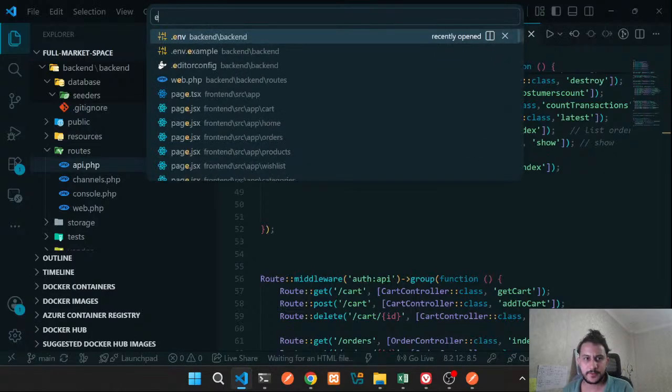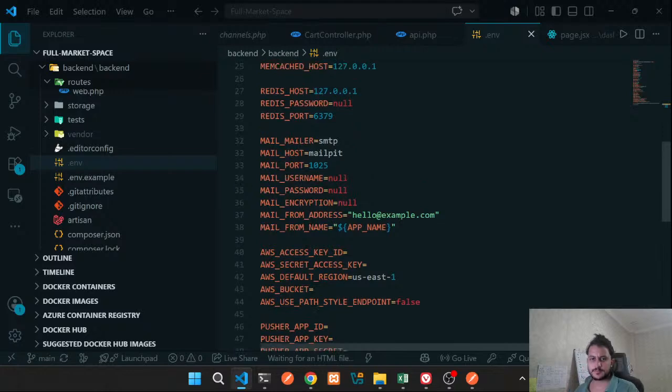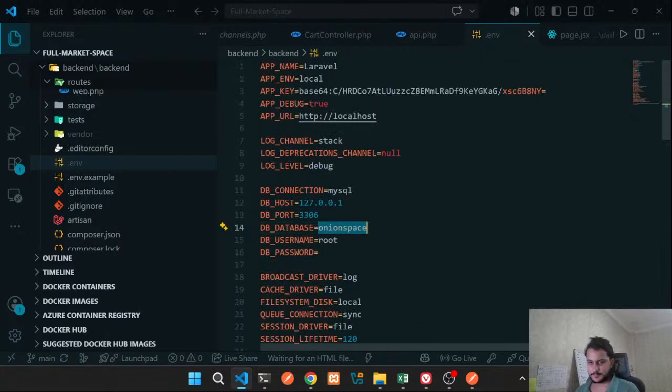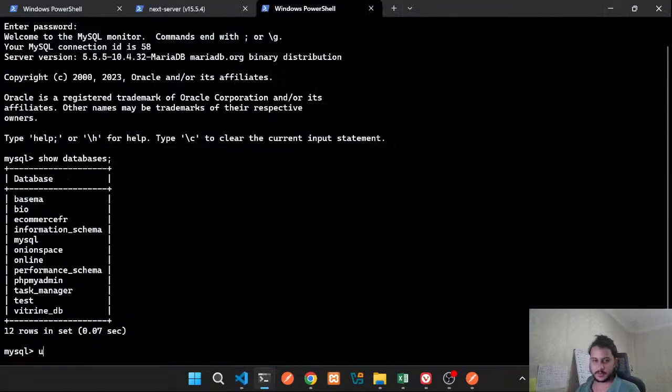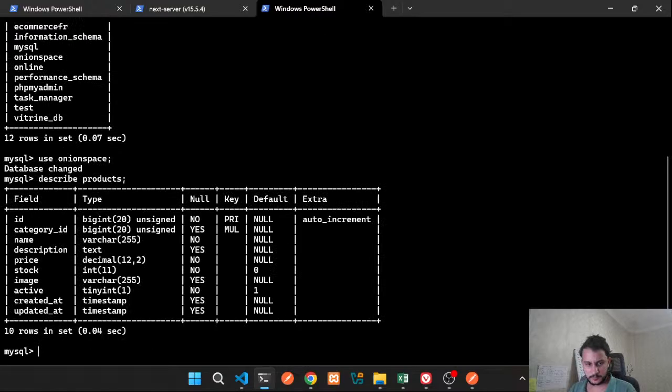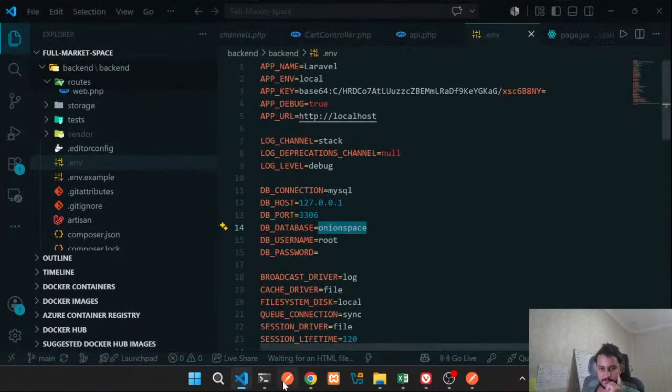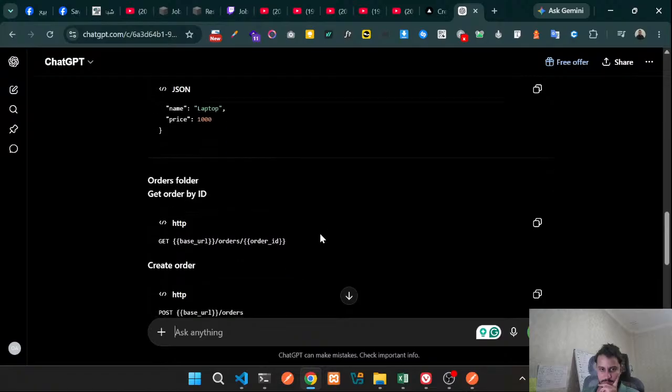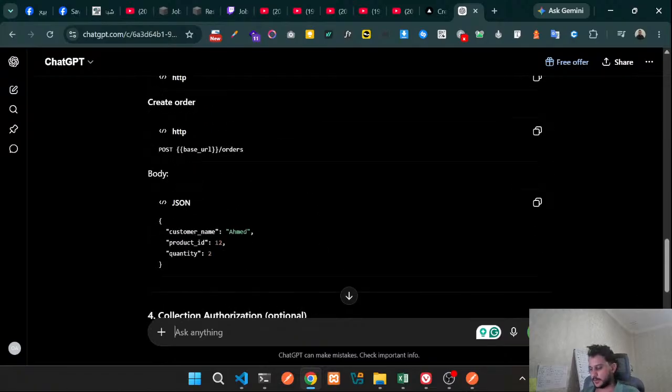Let's check the dot environment. So okay, this is our database. So let's use the test database. Now I want to describe the product table. So we have the category ID. Okay, so let's make this region. Okay, so the image. So in the image, how to pass